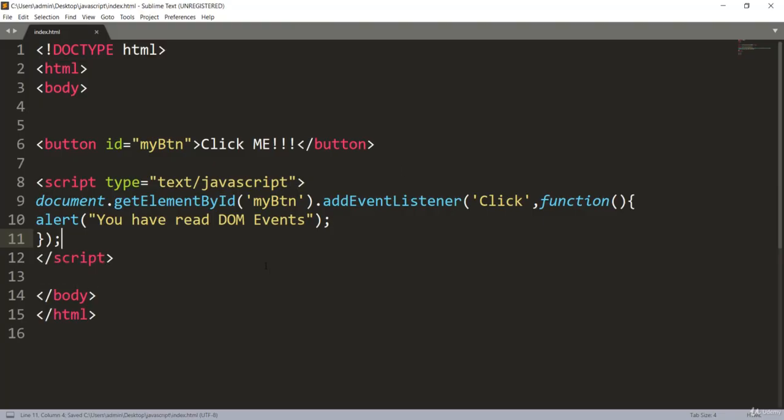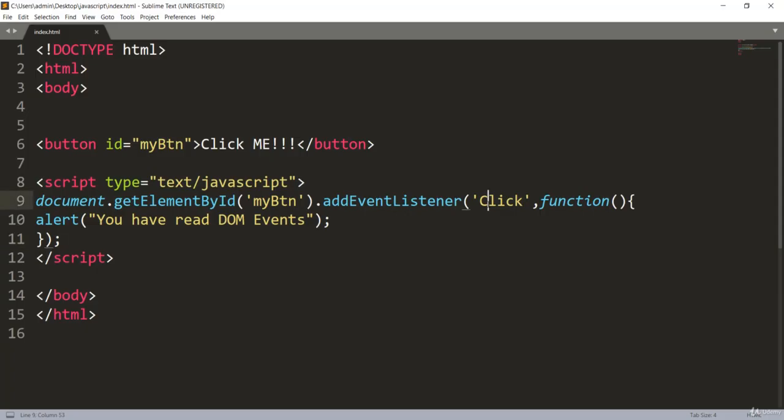Let me save this and open it here. Let me run it with enter. Then you can see simply a click me button. Let me click here, and nothing is happening. Let me go back and see what is happening.